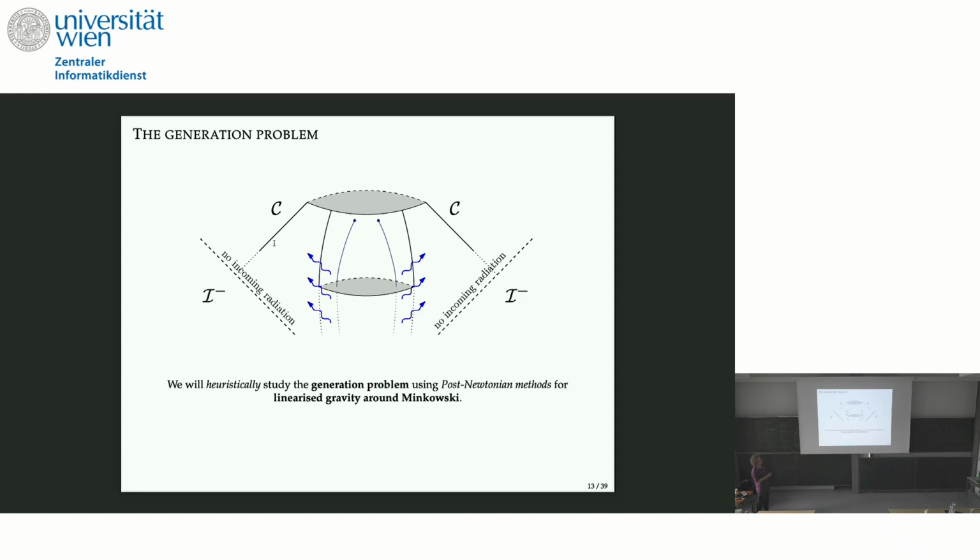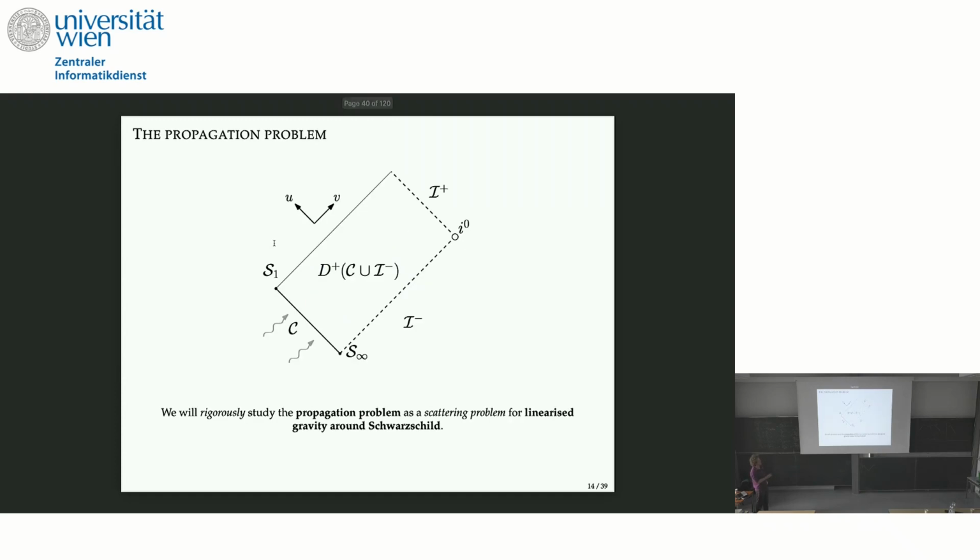The point is that we ultimately want to get a prediction on what the gravitational radiation will behave like on this null cone. I chose a random null cone that encloses the system. And once I know this, I then go to the mathematical part of the talk, where I just post data on this null cone as predicted by the previous part of the talk, and solve to the future just by mathematically analyzing the Einstein equations.